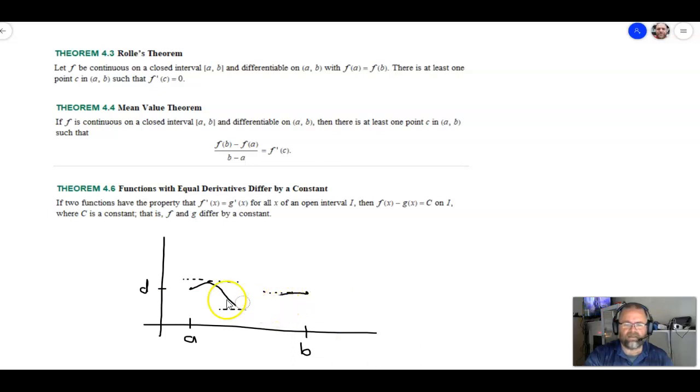All right, and the mean value theorem, let's take a look at that. It's a little bit different here, but it's the same kind of idea. It says that if I take some point, let's say at a, d, and I take another point here at, it doesn't have to have the same y value, so we'll call that b, e here, right? That if I go ahead and draw a continuous differentiable function, just something that's smooth that goes from there to there,